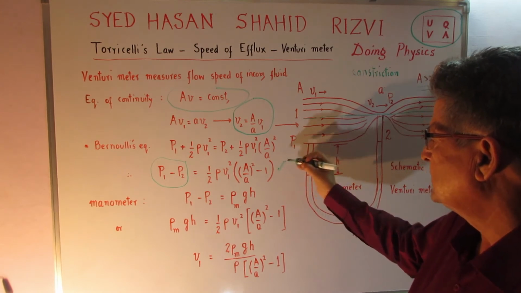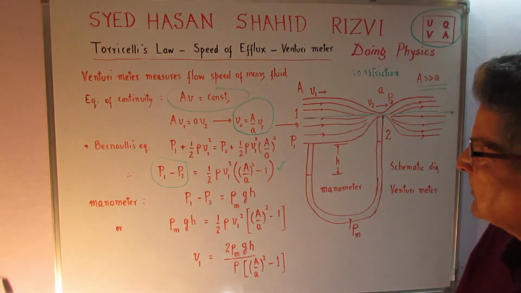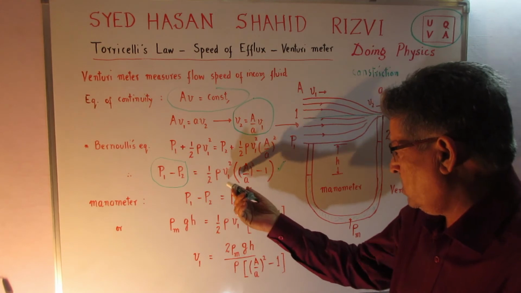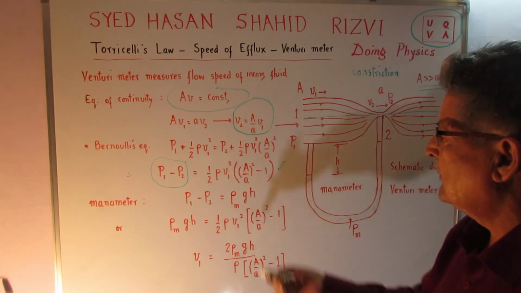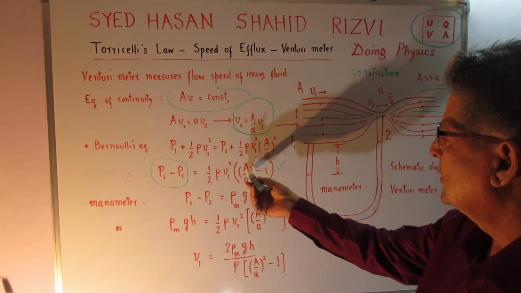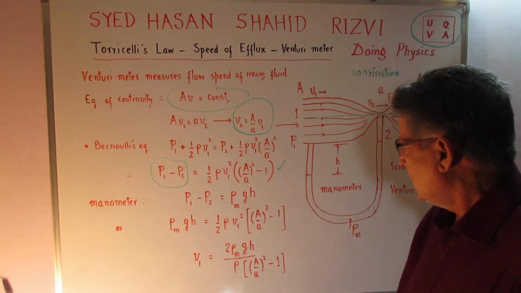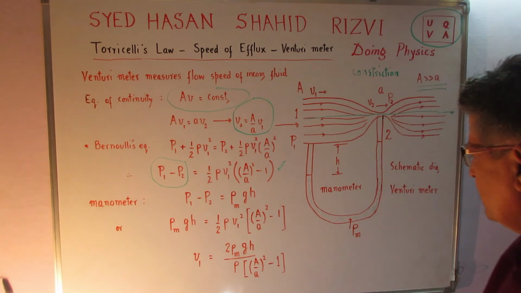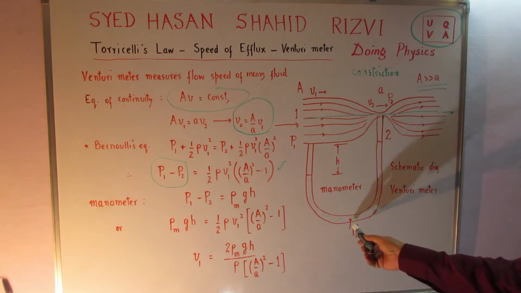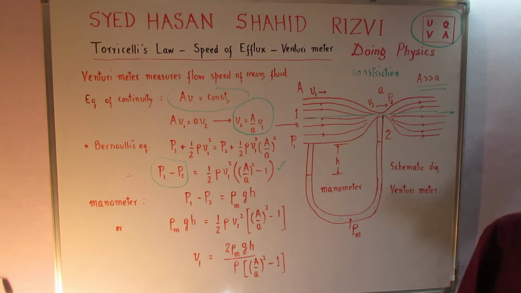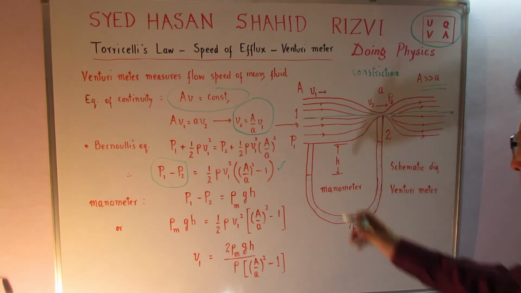Rearranging the terms, there is nothing very special about it. Half rho V1 squared I have taken as common, so this becomes equal to (A upon a)^2 minus 1, no problem. Now this manometer has a liquid of density rho m in it,